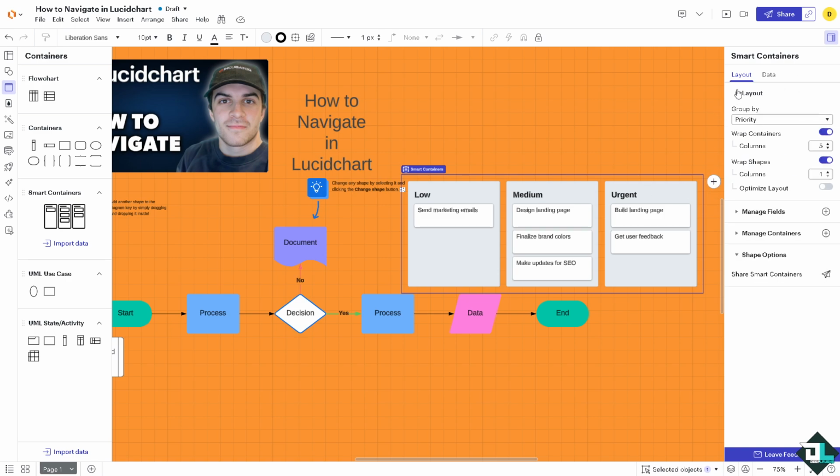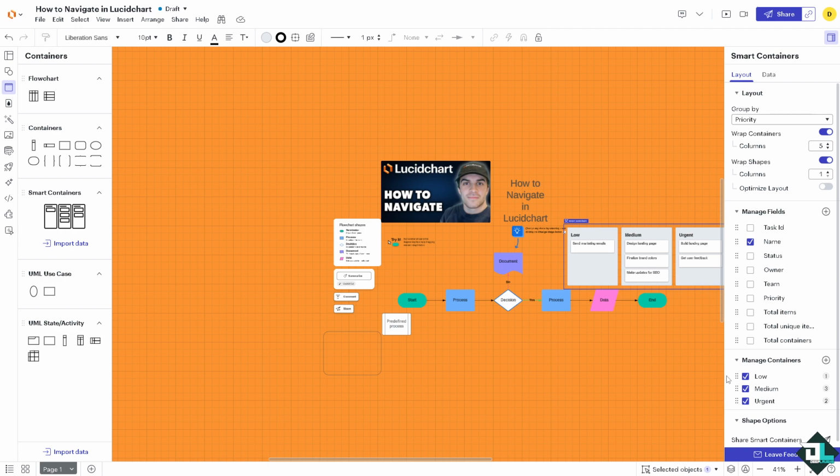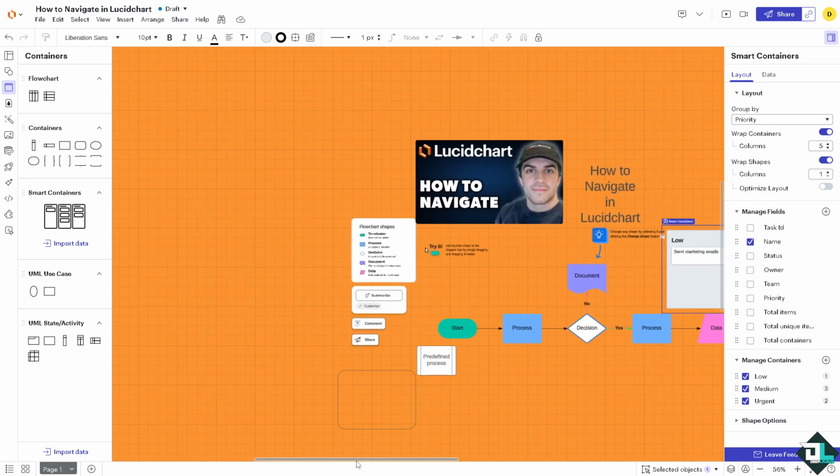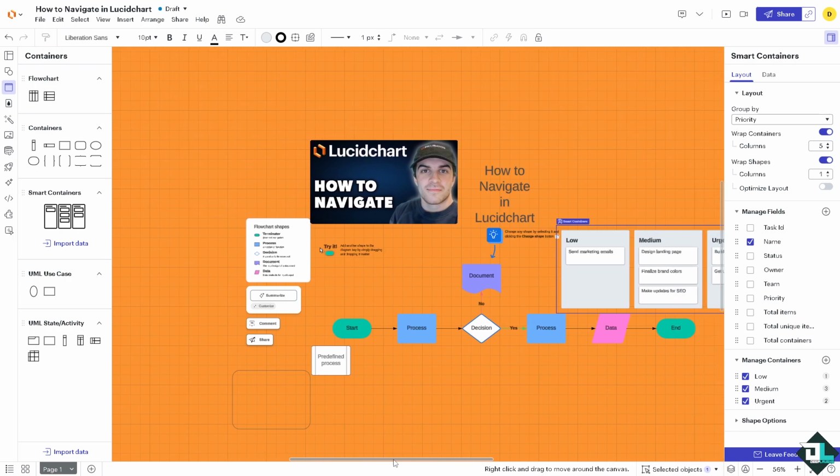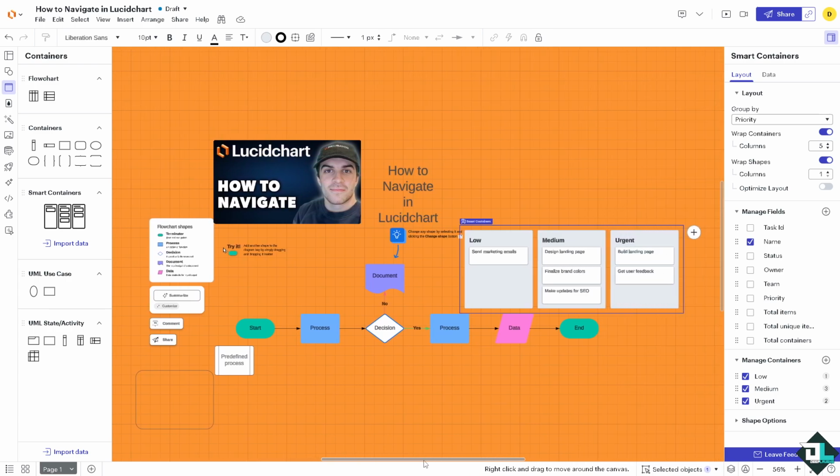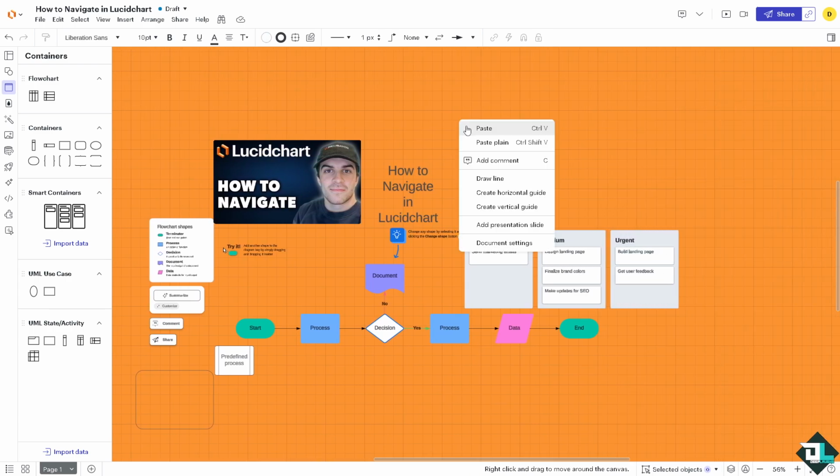You have the option for the layout, manage fields, manage containers, the information, all of it in the shape options. You can hover down here. You see if there's a scroll bar. You can navigate to any part of your canvas. All right. Now, on the